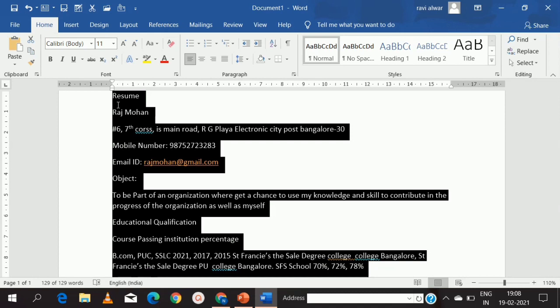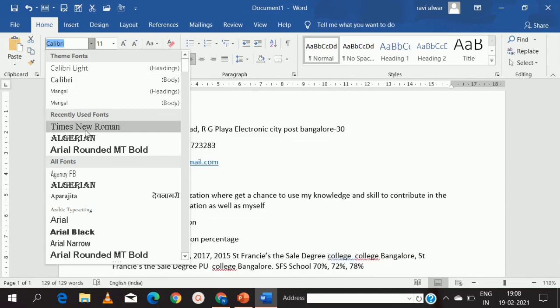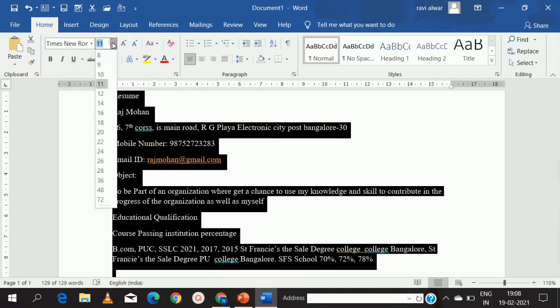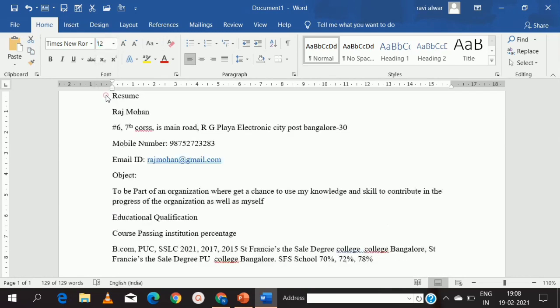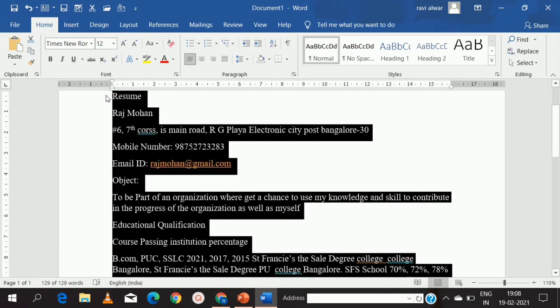When you press Control A, all the text will be selected. Now I can change to Times New Roman, and I can change the font size to 14 or 12. 12 is the standard size of font.